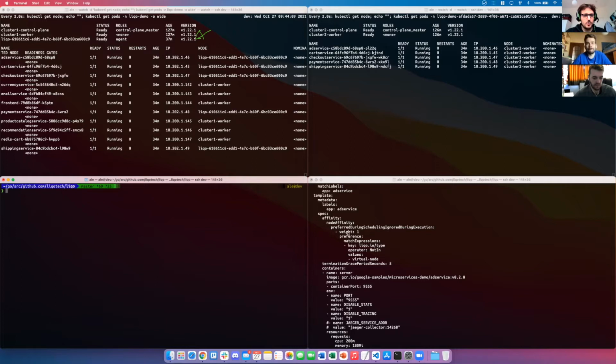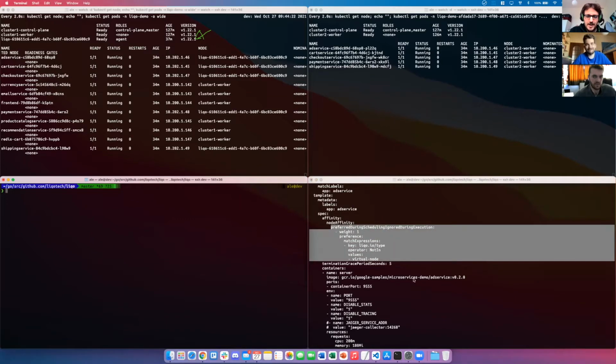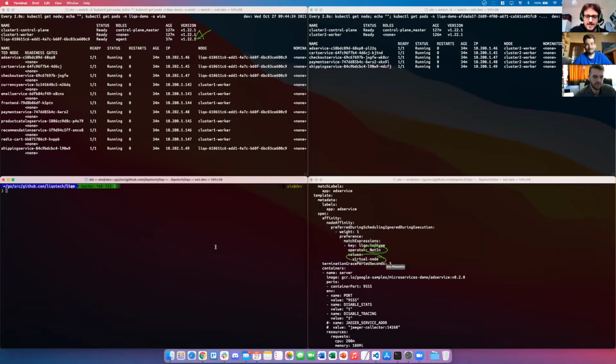The first thing you will do is to use another deployment, which is exactly the same, but which has the different strategy inside. Here we said, okay, not in virtual node, and this is a hint to the scheduler, and the behavior is preferred during scheduling, ignored during execution, which means that the scheduler will try to satisfy this hint, but if it doesn't manage to do so, it will schedule this pod on available resources. So it's not mandatory.